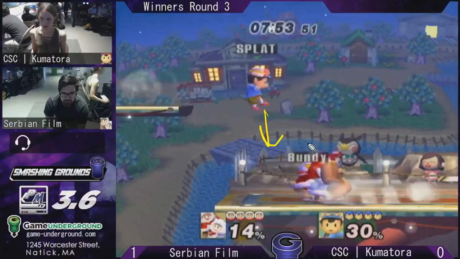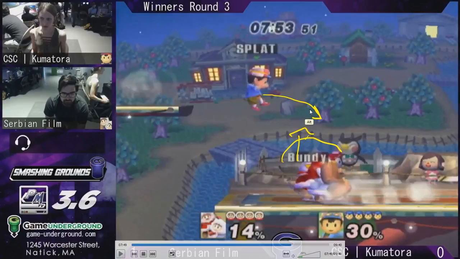So you have to recognize when the approach that you want is no longer the approach that is the reality of the situation. You see that Serbian film is right here, ready. If Ness keeps going at this angle, Serbian film is either going to be able to up smash or do a quick up air that can cover this space. So acknowledging that,